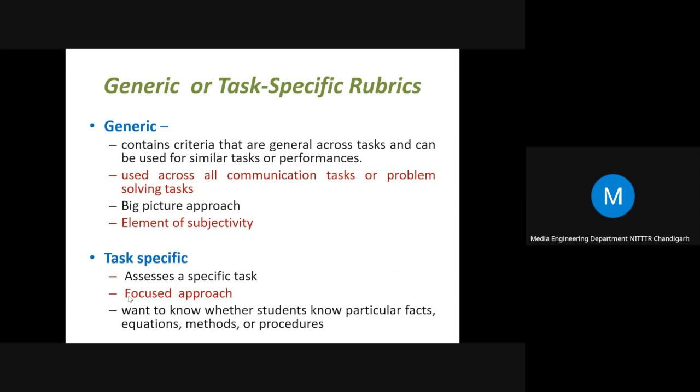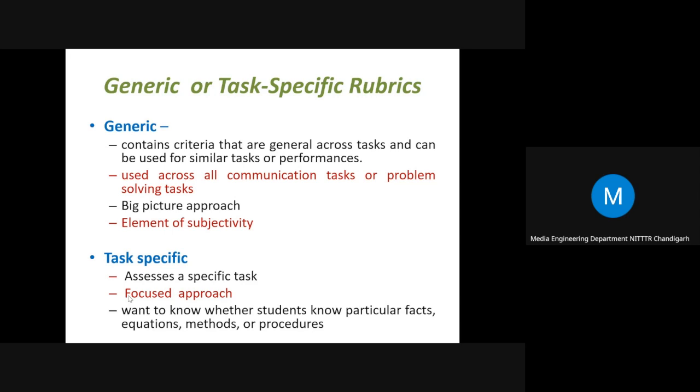Okay, now coming to the second category, generic or task specific rubric. A generic rubric means a rubric which can be used across different tasks, and for similar tasks or performance without any modification.